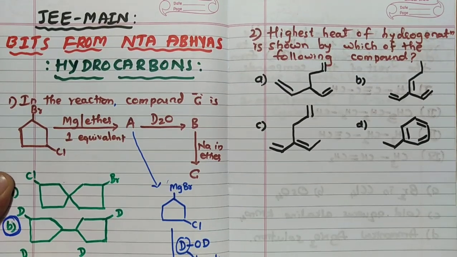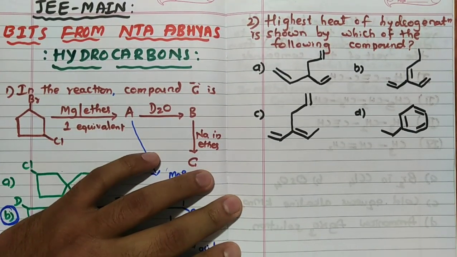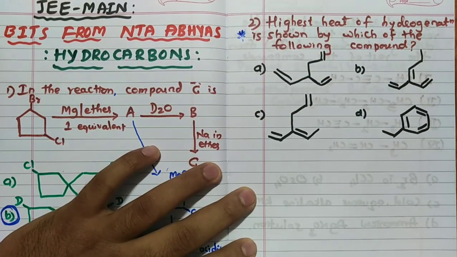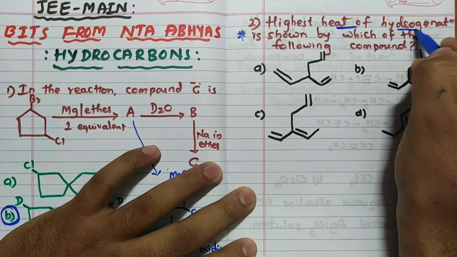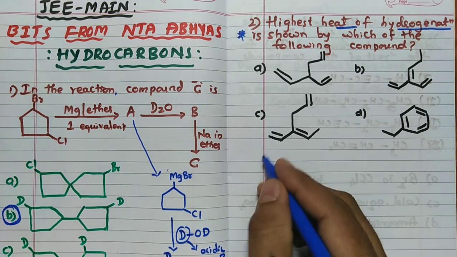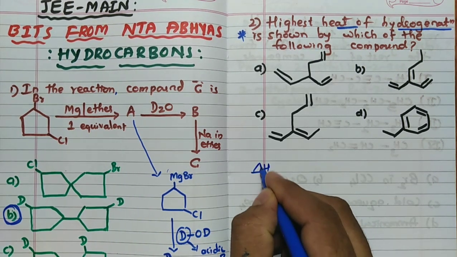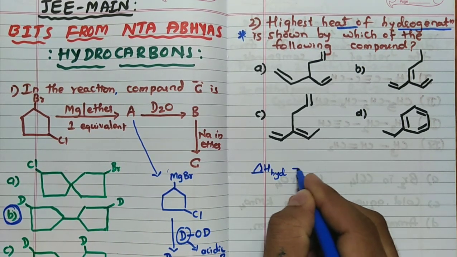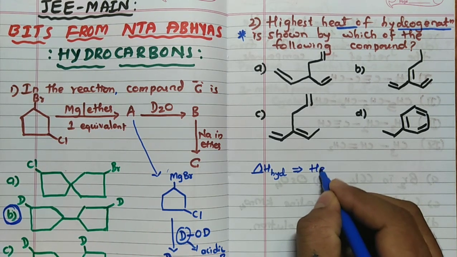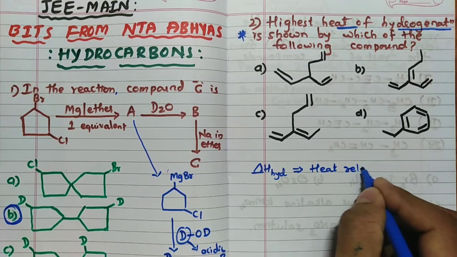Now, highest heat of hydrogenation is shown by which of the following compounds? Important type of concept, remember. Here I will tell you what is heat of hydrogenation. Generally you have not discussed it in case of the NEET or CET part. Heat of hydrogenation is nothing but delta H of hydrogenation. It is not hydration, hydrogenation. It is defined as the heat released